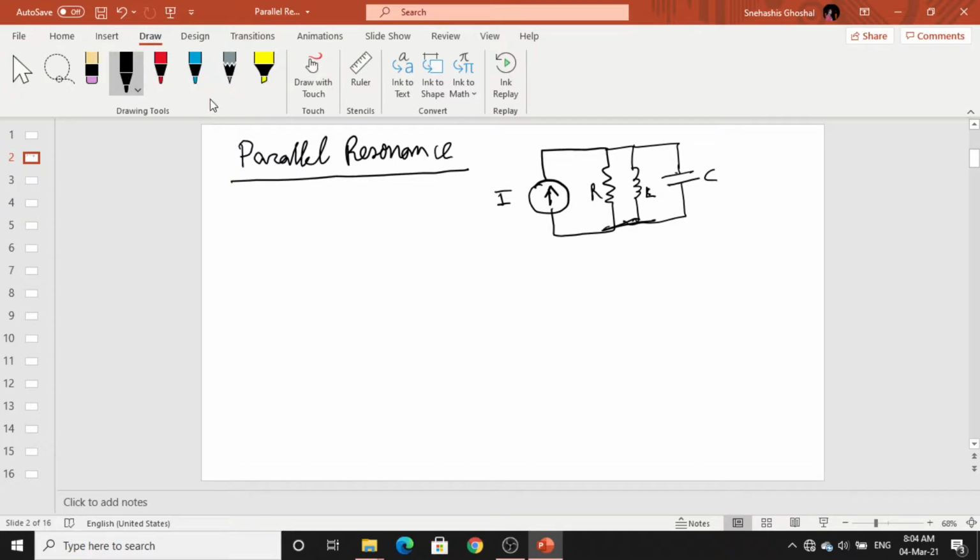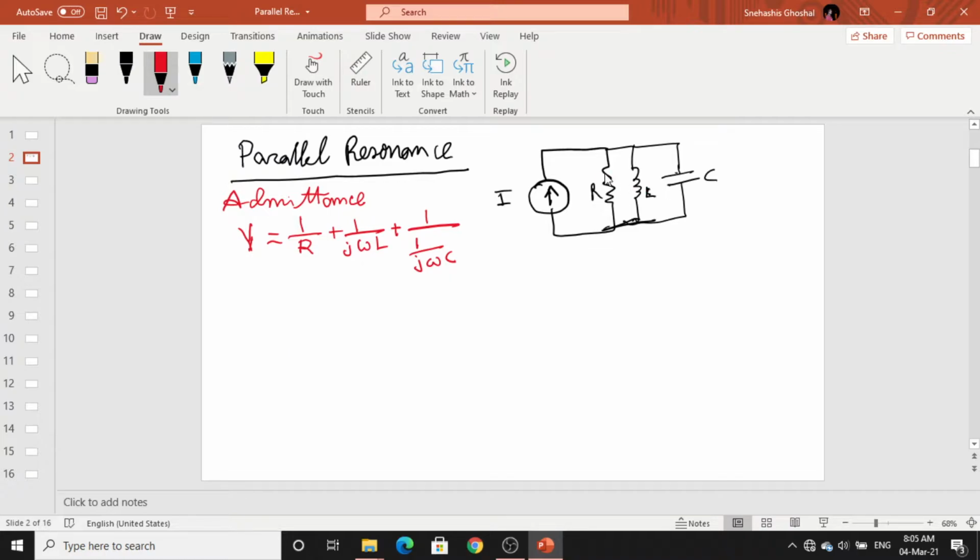So in this regard, earlier I have already stated, in case of parallel circuit, the concept of admittance will come into play. Okay, and you know that admittance is 1 by R plus 1 by j omega L plus 1 by j omega C. Okay, I am writing in parallel admittance.